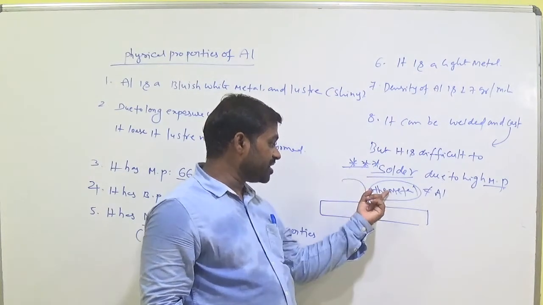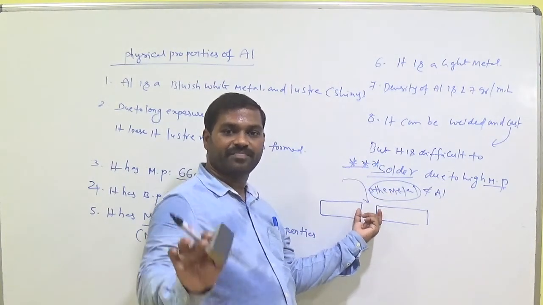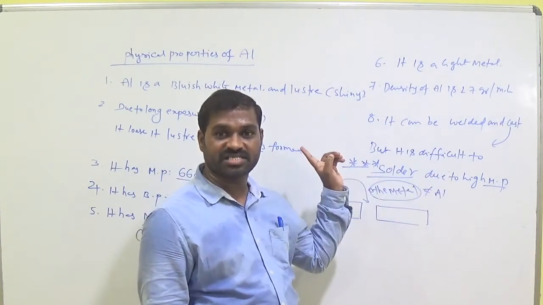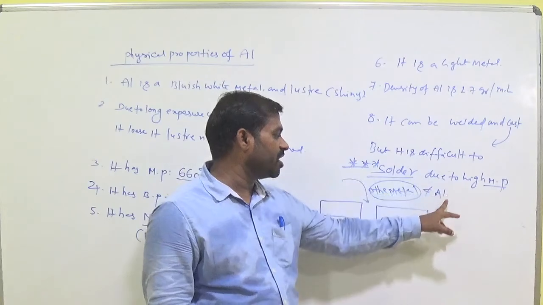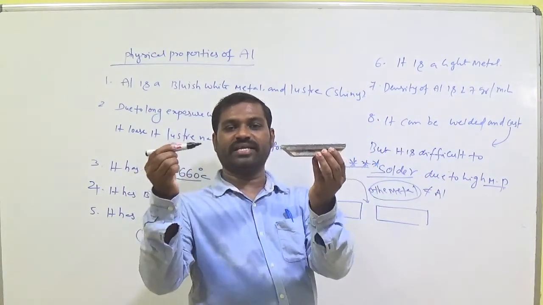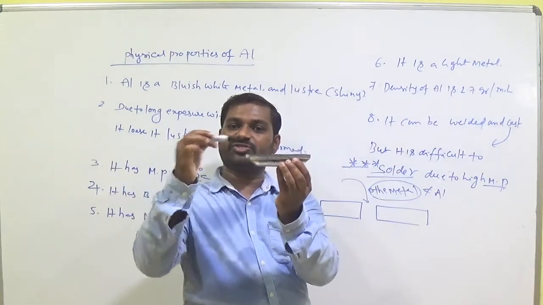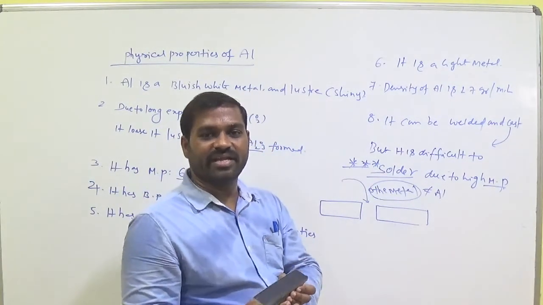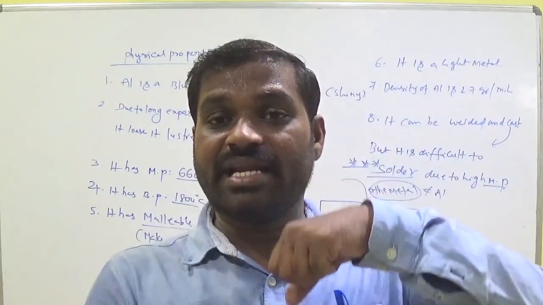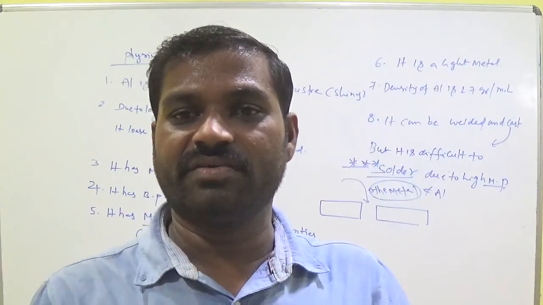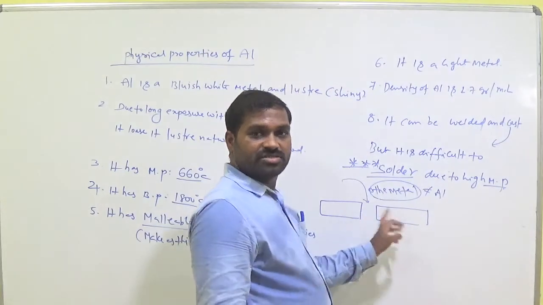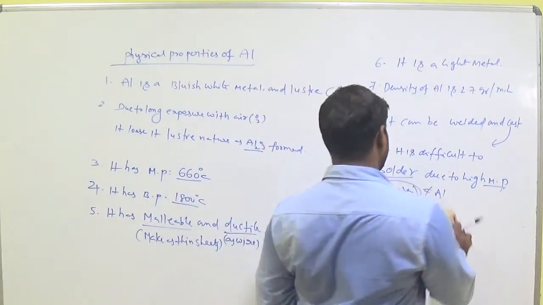Solder process means by using this metal we can join these two metals. Okay, clear? The nature of this other metal is a low melting point, but aluminium has a high melting point of 660 degrees Celsius. So due to its high melting point, aluminium is not used in the solder process. Keep it in mind. Solder means if you want to join two materials, we can apply some material in between these two. That material is called solder material. Aluminium does not act as a solder metal because it has a high melting point. The solder metal has a low melting point, that is the better quality for it. We can't prefer aluminium for the solder process to join two metal pieces. That phenomenon is called solder.